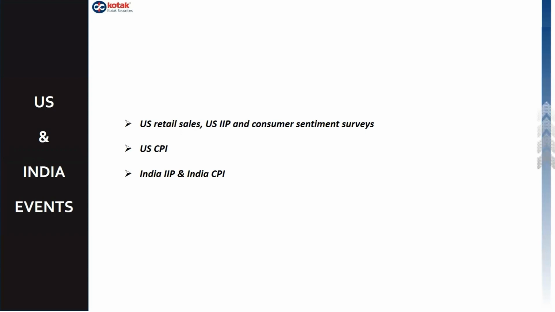which is pretty close to where the market is expecting the final rate will be, because the final rate is expected to be anywhere between 3.5 to 4%. So taking the rates pretty much close to that level. And from India, the IIP and the CPI will be important. A stronger IIP and a slightly lower CPI can be positive for the rupee, but generally these data don't have a significant impact. I mean to say the Indian economic data really doesn't have a significant impact on the rupee. But if there is an outlier, for example, if it is too good or too bad, then it has a knee-jerk reaction the next day.